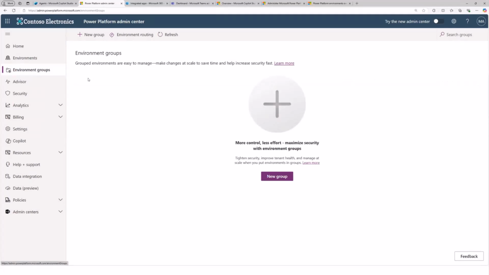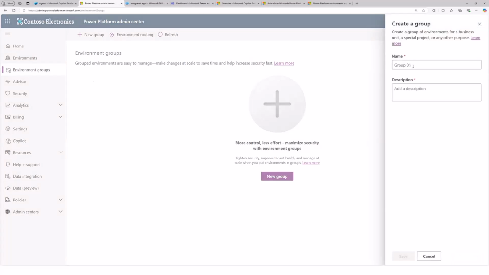Instead of managing each of those environments one by one, you can assign environments to a group, and then manage that entire set of environments in a particular group as one, and you can assign policies. For instance, you can say what kind of connectors you can use in those environments and so on, right?